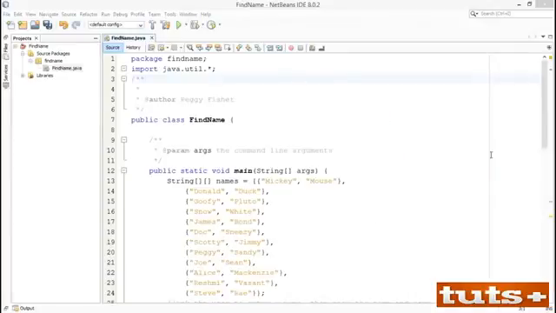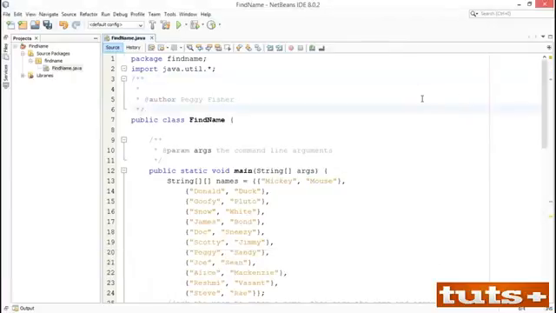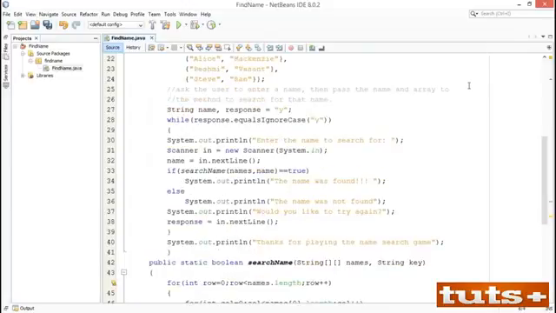So how did you make out with the challenge? How is your name game working? Let's take a look at my solution, and as always, remember that your solution might be very different. As you can see in the main method, I have the 2-dimensional array of names, and then I added some additional code. I wanted to allow the user to execute the program more than once,